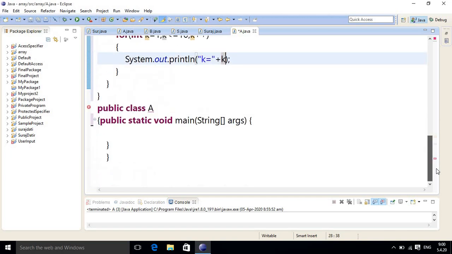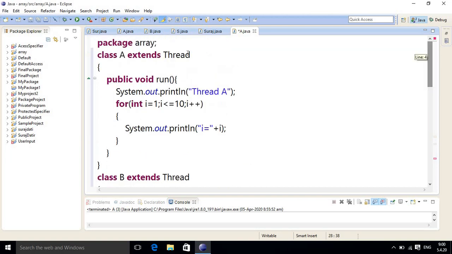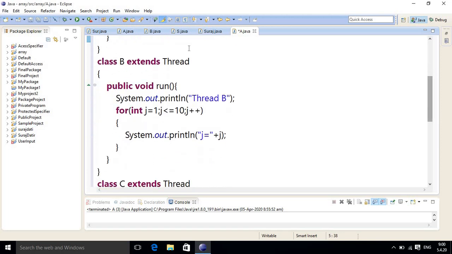Now it's time to run these threads. Here I have already taken class A, so in place of A I am just writing A1 here. Here also I am writing A1, that would be better.